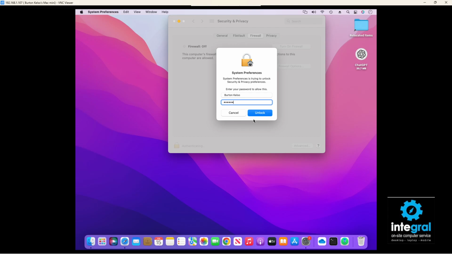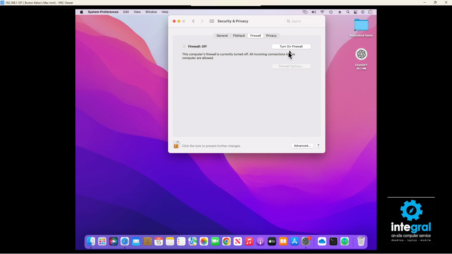So let's type that in. Hit unlock if I typed in the password right, and I did. And then you can click the option to turn on the firewall. Once you do that, it will give you an alert saying that the firewall is indeed on, and it will protect your Mac, specifically your MacBook, MacBook Pros and MacBook Airs,